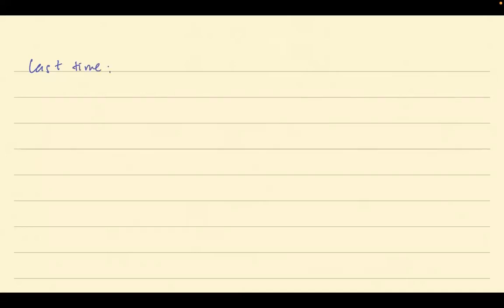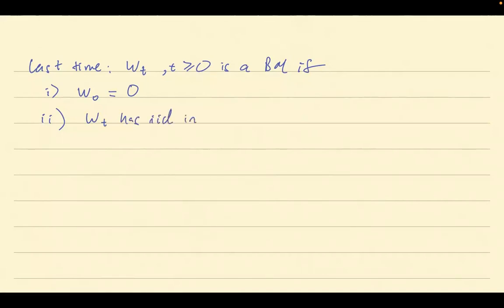So we were still talking about Brownian motion. We're getting used to Brownian motion and its properties, right? So W_t, for t nonnegative, is a Brownian motion if, first, it's not super important that it starts at 0, but conventionally we do so. Second, it has IID increments. And then the third is that we need to say what distribution the increment has. And so here, it has